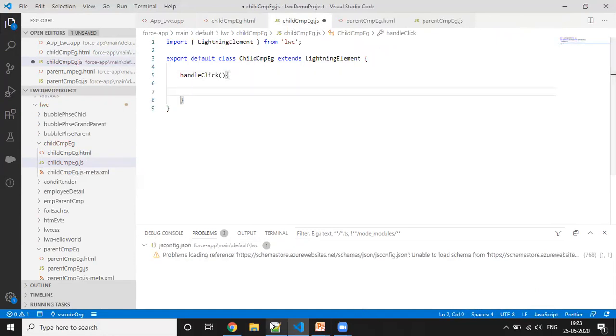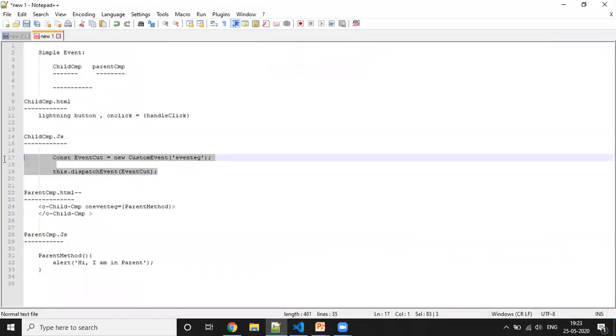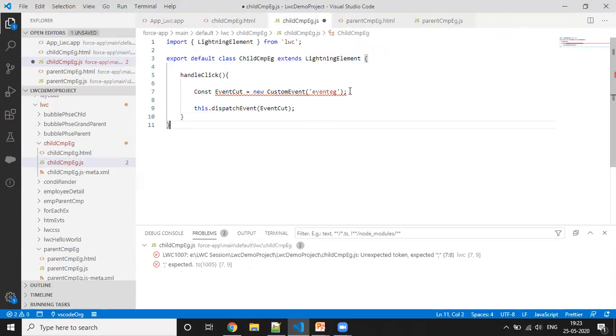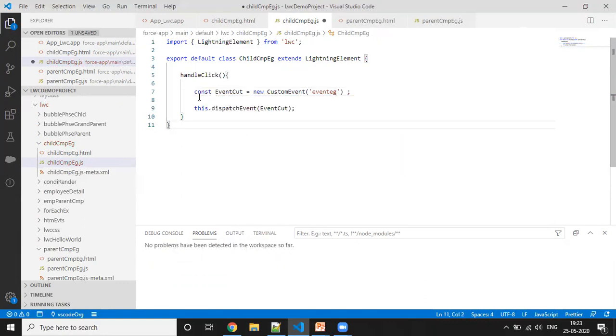I'm going to define the same thing which I showed earlier, so let me copy this here to save time. It expected this at line number 7, so there was a typo error here.